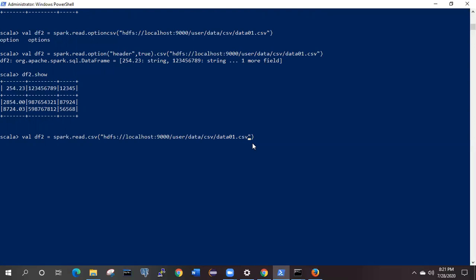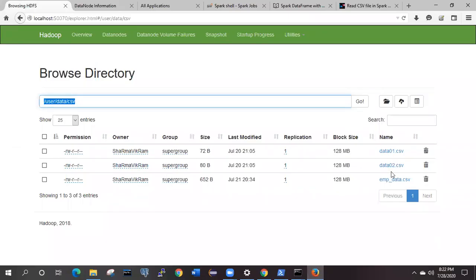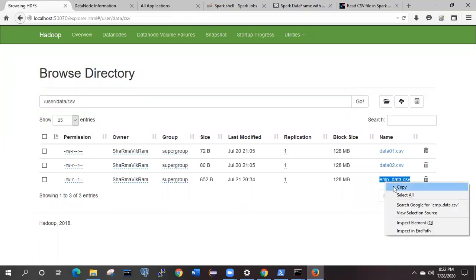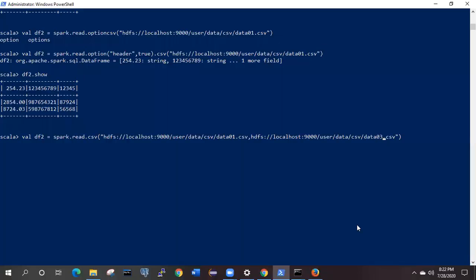Simply, we have to give the values separated by comma, like this. And again, I don't want to read the data from data 02, I will read it from data 03. Let me check whether it is present or not. No, it's not present, so I will read the data from this emp data.csv, not data 3.